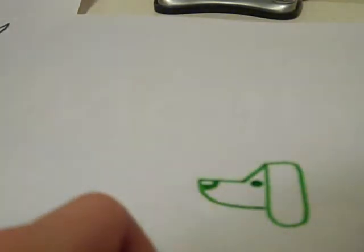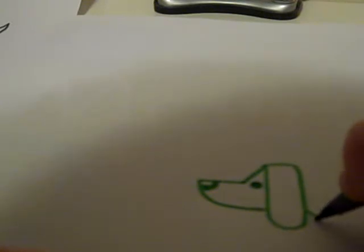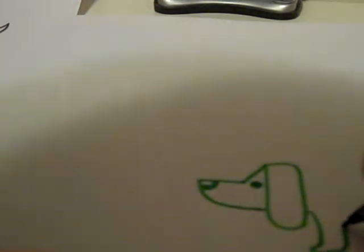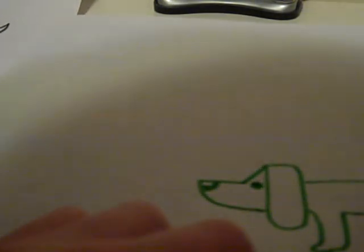Actually, no. Actually, I'm going to decide in this episode I'm just going to do that, right? Do that. And then it's going to come up. Quite a fat leg. It's just going to be a side view of a dog. Back leg slightly bigger. Then we're going to curve it like that. And the tail is going to be